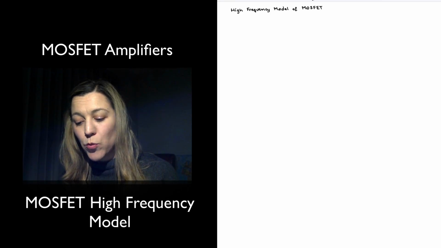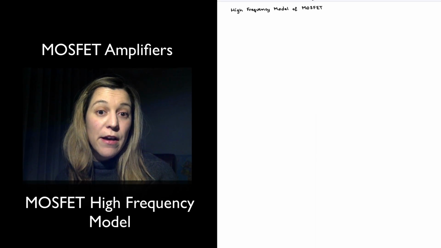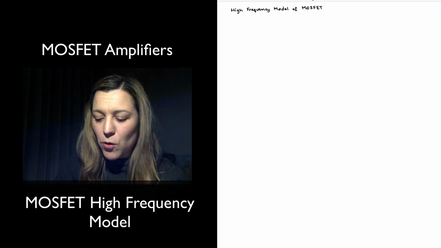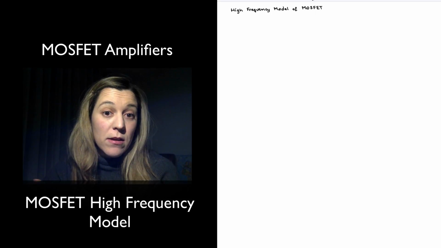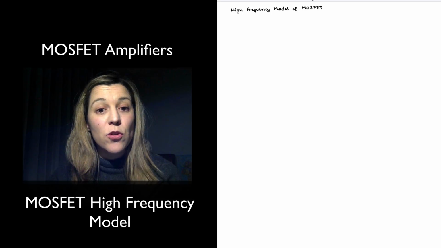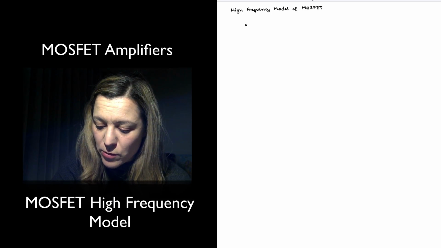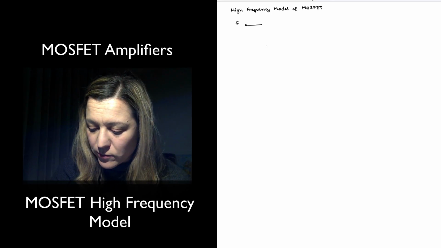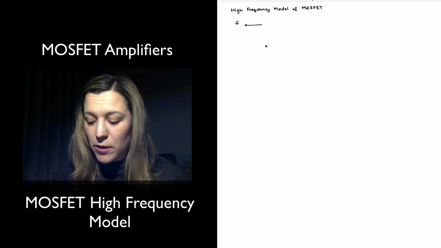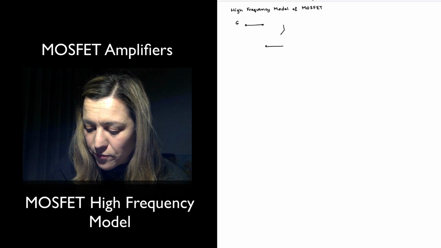In order to do that, we can use a model of the MOSFET for high frequencies. And we can just do it by adding some capacitances, the capacitances of the MOSFET, to our hybrid pi model. So our hybrid pi model for the MOSFET consisted of the gate terminal. There was an open circuit between gate and source. And then